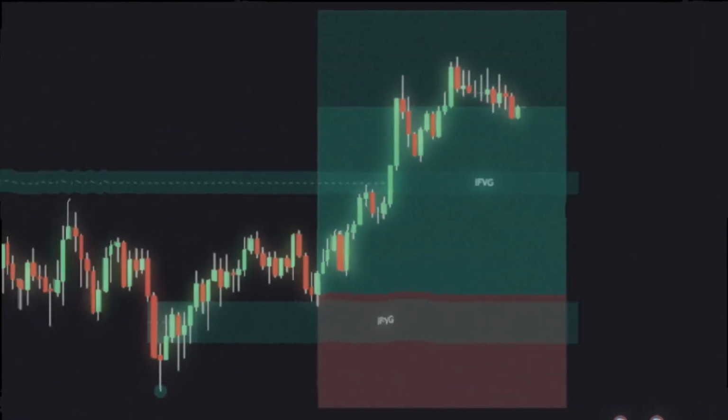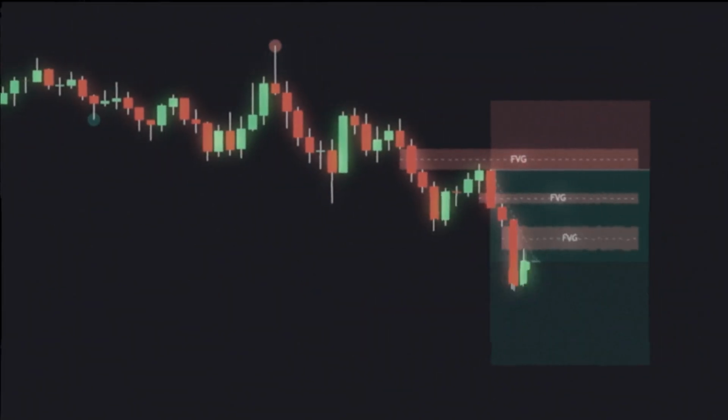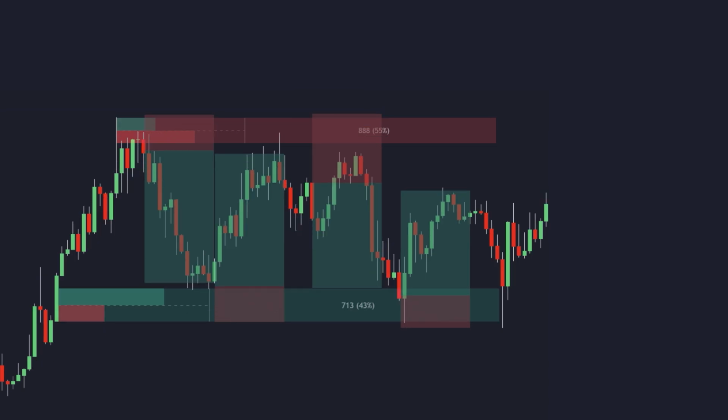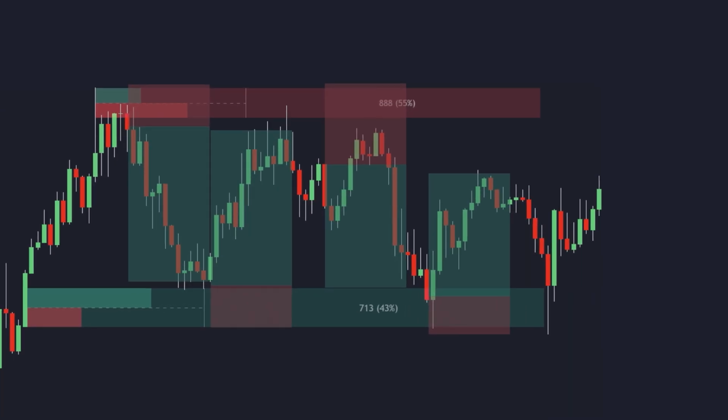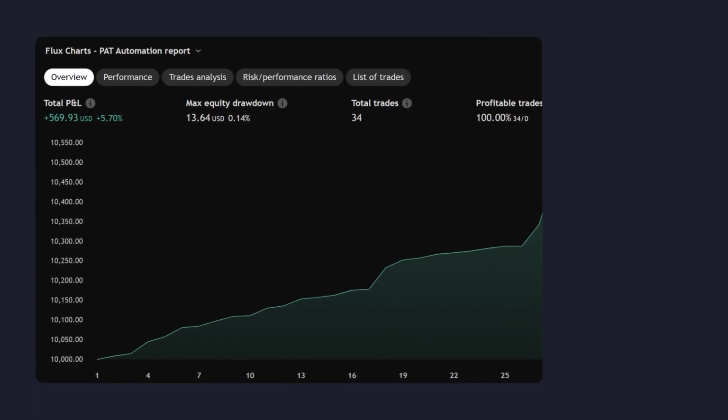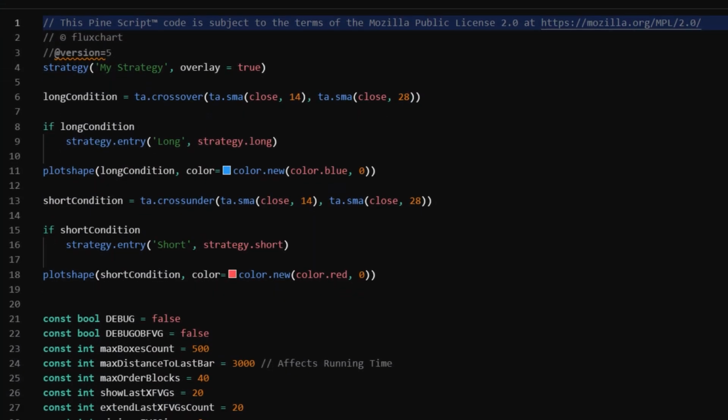Have you ever backtested your strategy? Did you analyze over 10,000 trades? Probably not, but don't worry, this all changes today. You're about to see how you can build, backtest, and automate any price action strategy without writing a single line